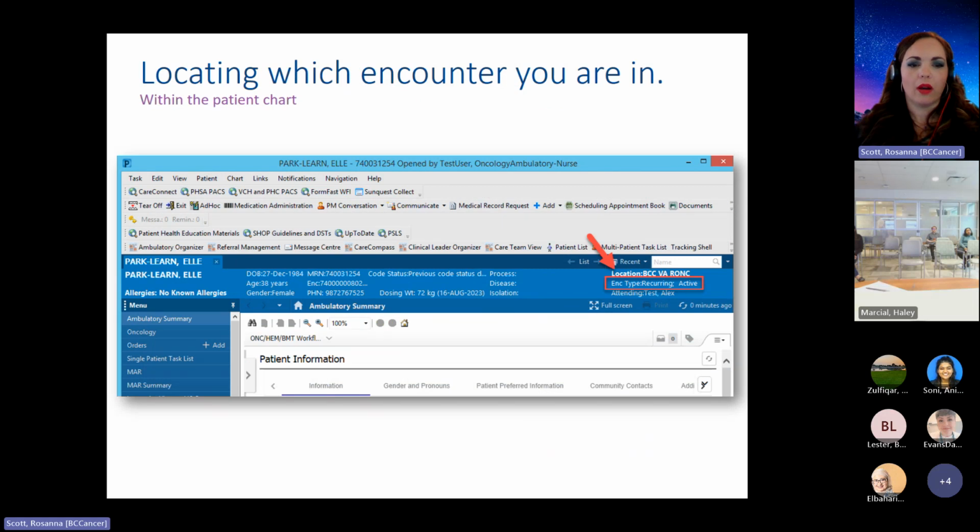And then also in Power Chart, on the patient's banner bar at the top here, there is a way to select the encounter. So it tells you the encounter type right here, which is recurring and active, and then above it says the location, BCC, VA, RONC. If you hover over the encounter type, it will underline and you can actually click on it, and it will bring up that list of encounters that I showed you on the previous slide, and then you can select the correct encounter if, say, for instance, you've landed on the wrong encounter,